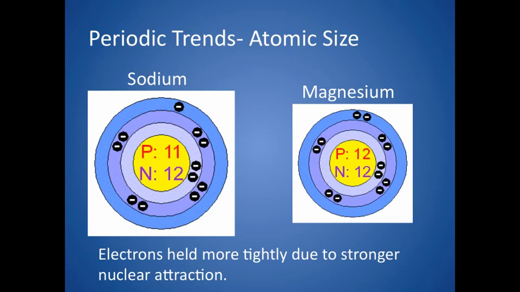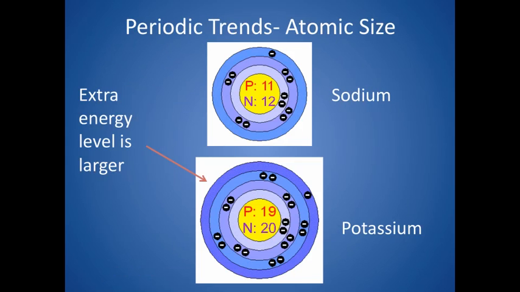So again, the trend is that as you move from left to right on the periodic table, the size gets smaller. The trend for a group is a little bit easier to comprehend. Comparing sodium to potassium, you go from sodium in the third outer energy level to potassium with the fourth outer energy level, and that extra shell is larger. So what you've got there is the 4s compared to the 3s, and so it's just bigger. The fourth energy level is larger, and so that size